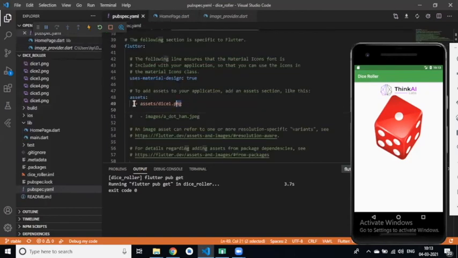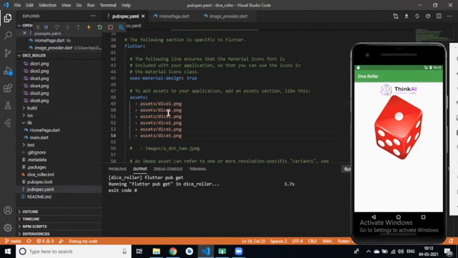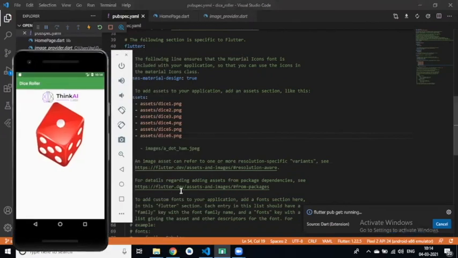So now we have 6 images. You have to define these 6 images in the asset file like this, right? Dice2, dice3, and dice4. And then you have to run flutter pub get. Remember, if you change anything in your pubspec.yml file, then first you have to run flutter pub get.